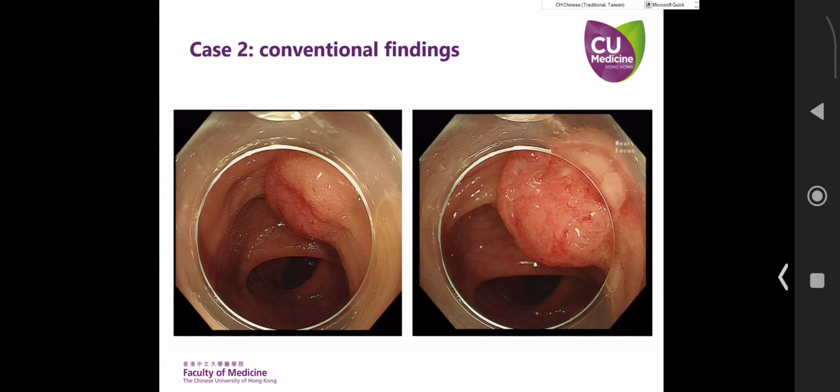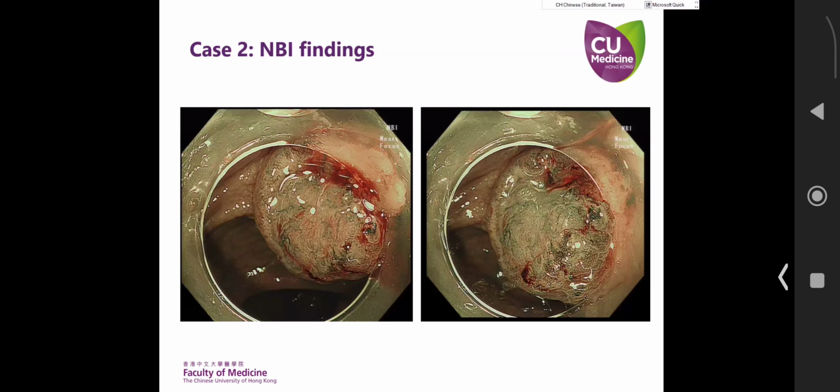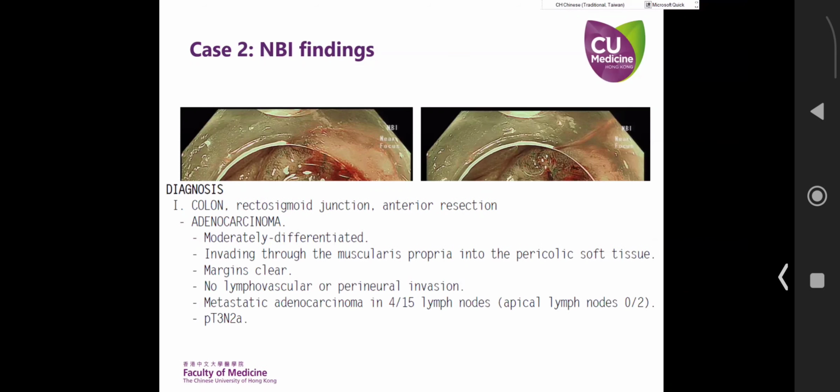And then this is another case referred from another hospital for consideration of ESD. Probably they saw the size, but if you look at the white light, you already sense there is some kind of irregularity on the surface. And if we examine the MBI closely, you can clearly see this is a JNET 3 lesion. So we did not proceed with the ESD. We referred this case for surgery, and in fact it is a T3 cancer with metastatic lymph node. So this illustrates the importance of the triage at your